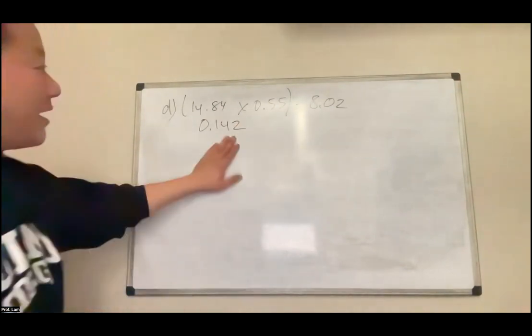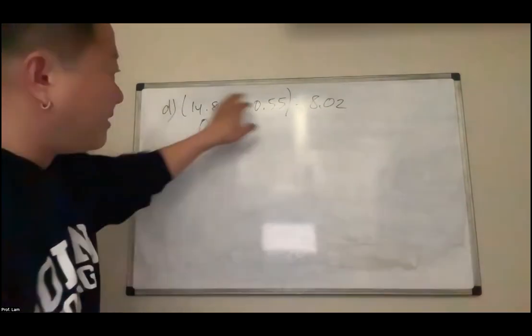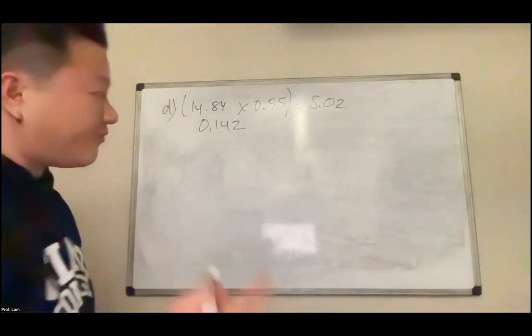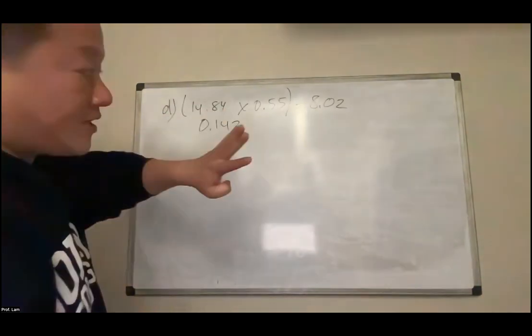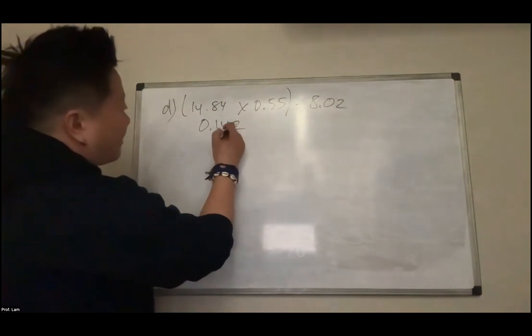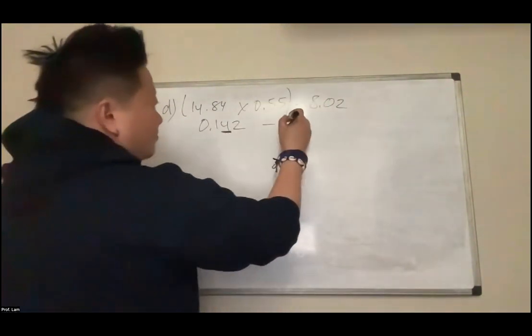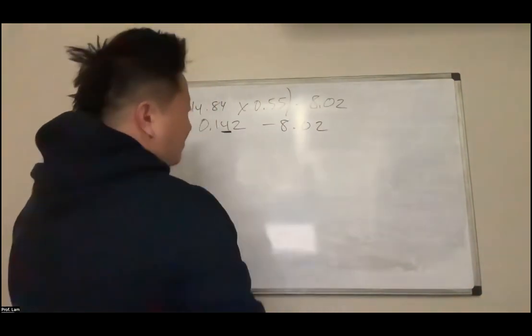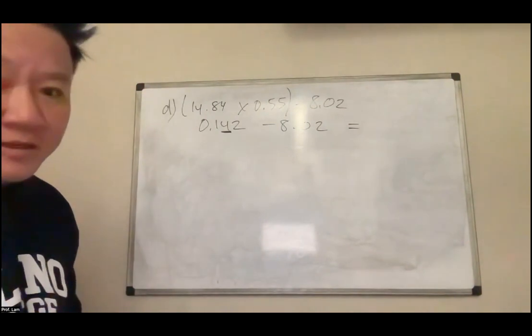0.142. Okay, and then what should I underline? Well, since we just did multiplication, we need to think about the fewest sig figs. This number has 4 sig figs. This one has 2. So I need to underline at the second sig fig. Okay. And then I just move on with my life, and I subtract 8.02. So that's going to give me